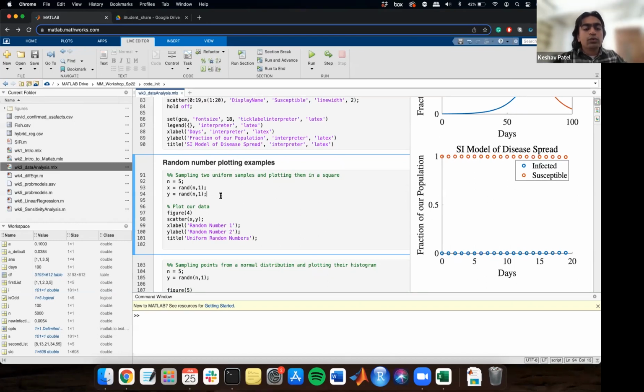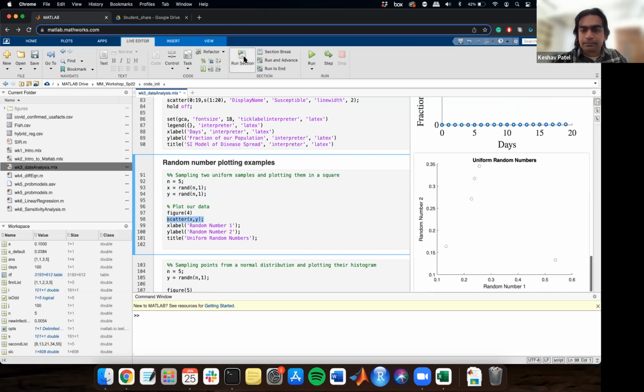Okay. So this is the section for creating 2 uniform random numbers or sets of random numbers. The first thing I'm going to do is generate 5 random numbers 2 times. So the first time I'm going to create my X values for my plot. The second time I'm going to generate my Y values for the plot. And then I'm going to plot them in a scatter plot. So let's run this. And you can see that I got 5 points that seemingly randomly were distributed throughout this